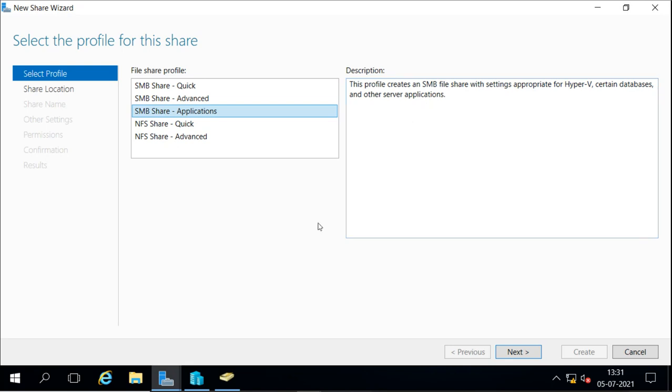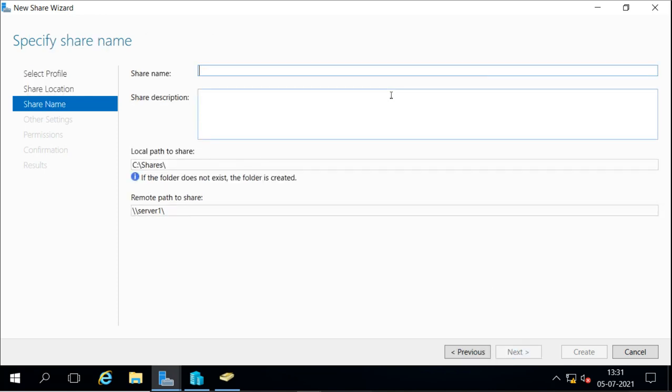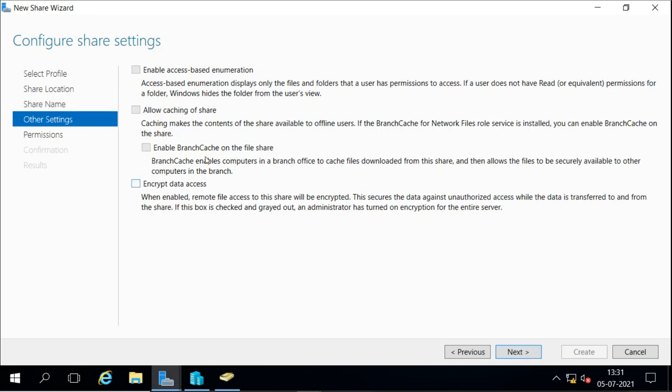So if we want to use the share folder for storing the virtual machine files, then we will create the share folder with this option, SMB Share - Applications. Then we'll go next and create it just like we create a normal share. We can mention a name, and you can see we can't enable access-based enumeration, and we cannot allow caching, but we can encrypt the data.